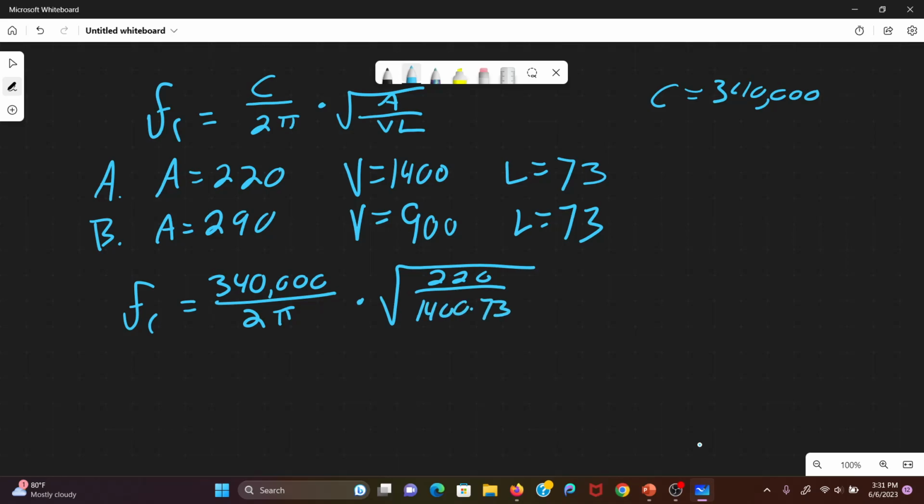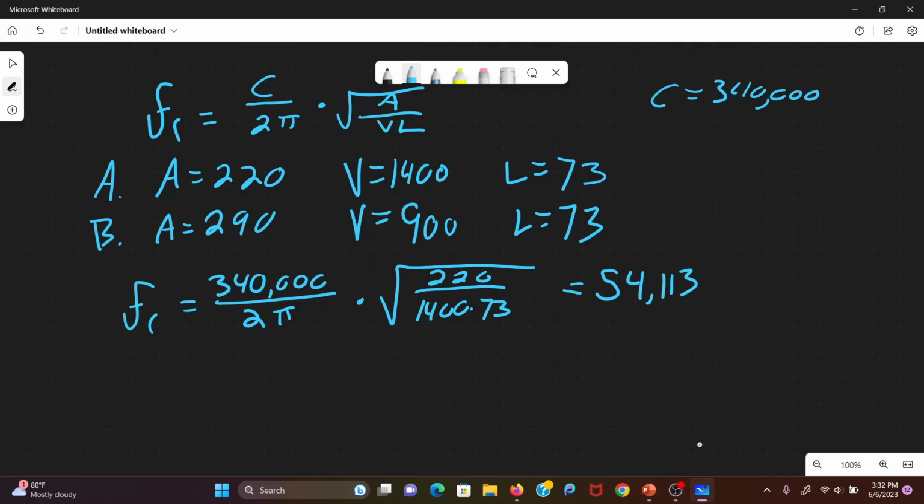One thing I'm going to do at the very beginning is rewrite this and simplify some of the things we've got here. So 340,000 over 2 pi is 170,000 over pi, and 170,000 over pi equals